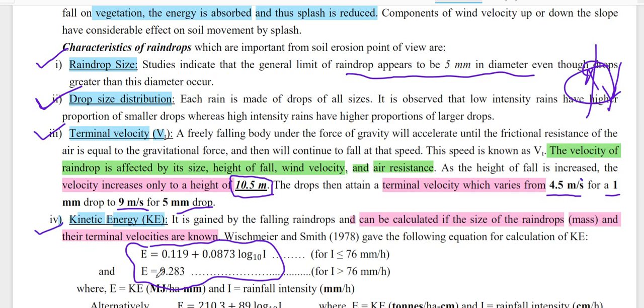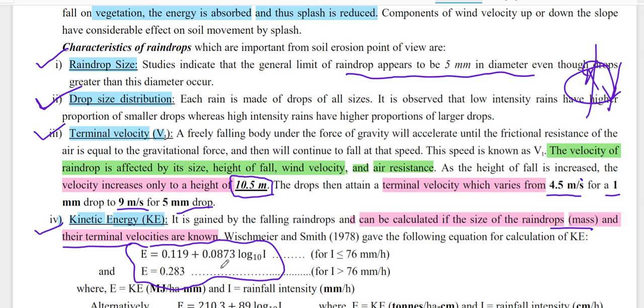Now kinetic energy is gained by the falling particles. If any particle is falling, then it will have some velocity. If some velocity will be there, then we already know that kinetic energy is half mv square. If its mass is given and its terminal velocity is given, then we can calculate this kinetic energy equal to half mv square. But Wischmeier and Smith have also given one equation, that energy will be 0.119